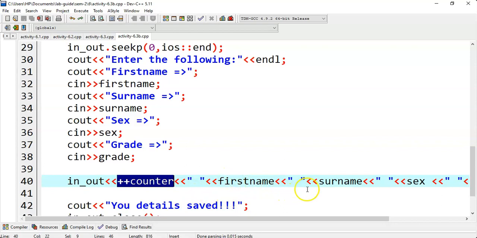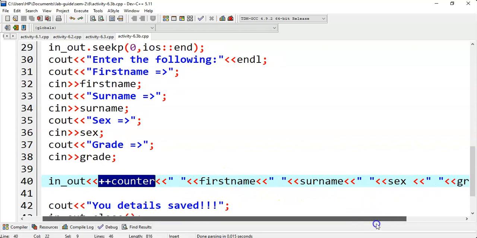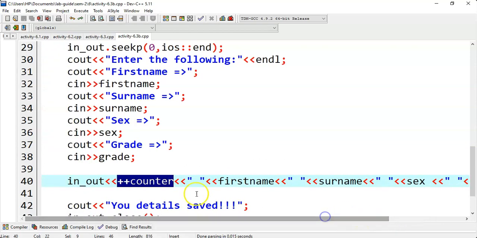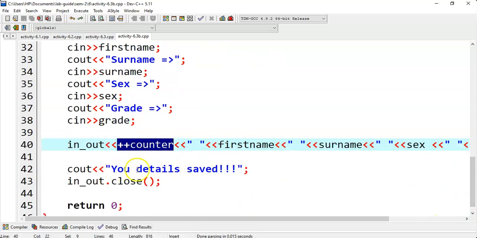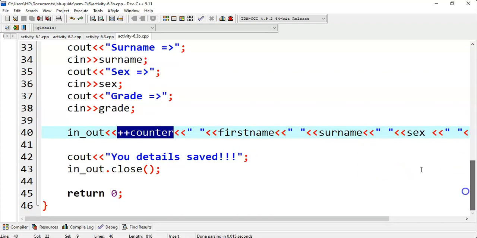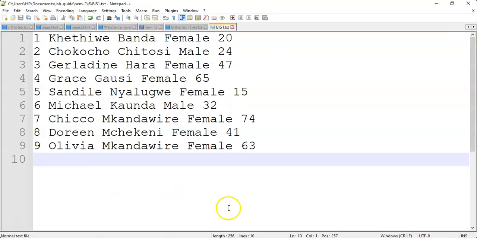Then first name, surname, sex, and finally grade. So this one is automatically incrementing the value. The user is not entering that. Finally, we have the words "your details are saved." So that's our program, and we can try with the